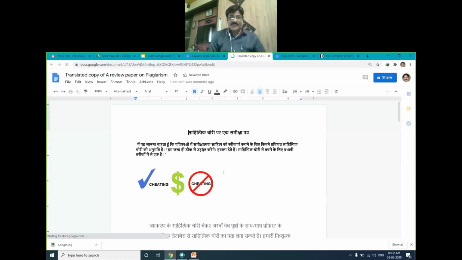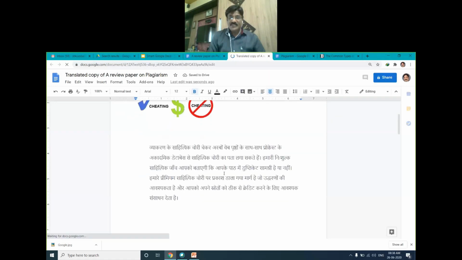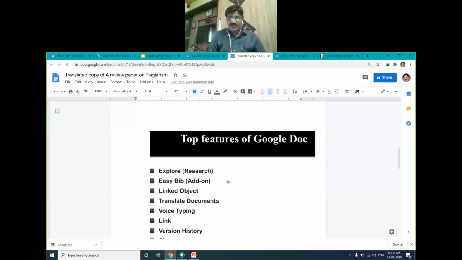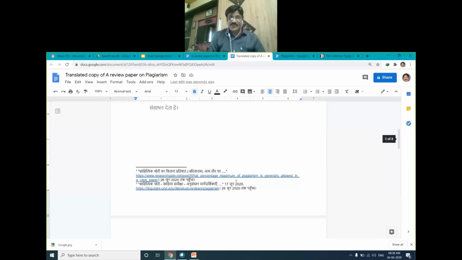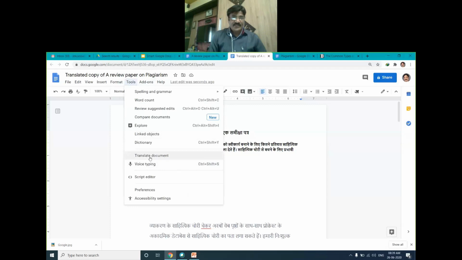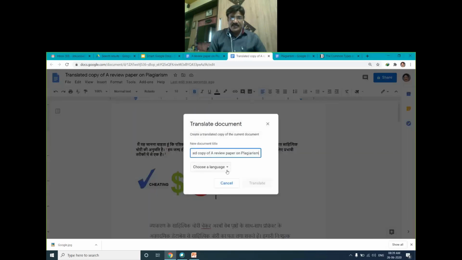Okay. So see, our entire document has been converted into the Marathi. Now please remember this is the image, so the image is not going to be converted. Only the textual information is going to be converted. It means open this file and convert it into what? Again, say translate document, choose a language.